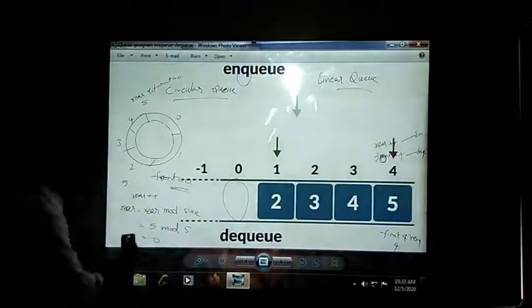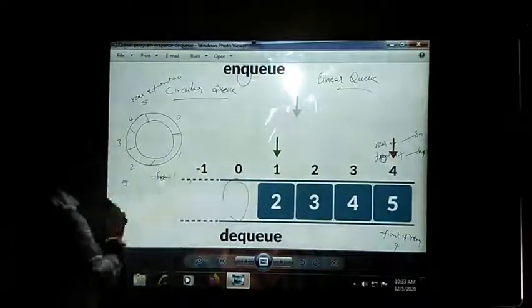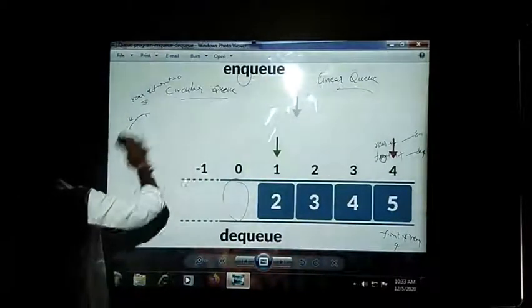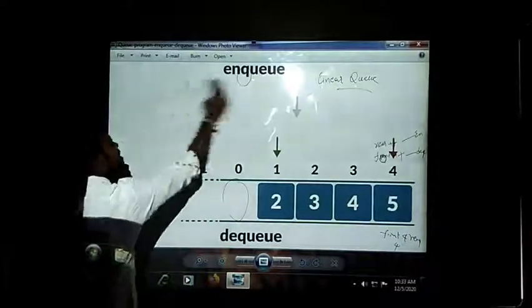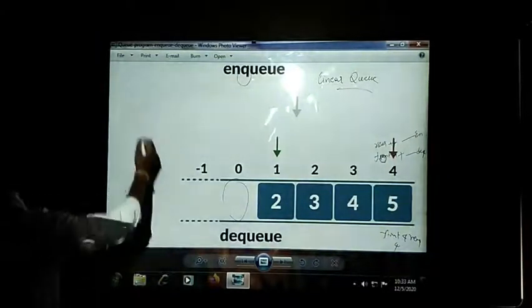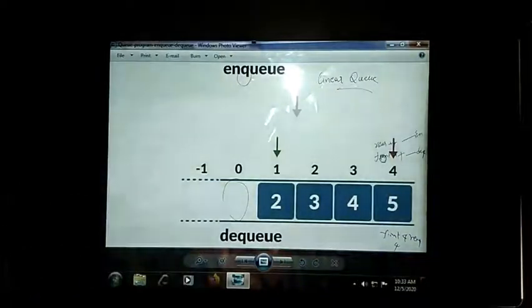It is one more style of queue, I can say, where we will not be wasting our memory. Even after reaching the maximum size of your array, you can insert the values into your queue by using the circular queue. And we have one more queue. Not circular queue, it is the double-ended queue, I can say.